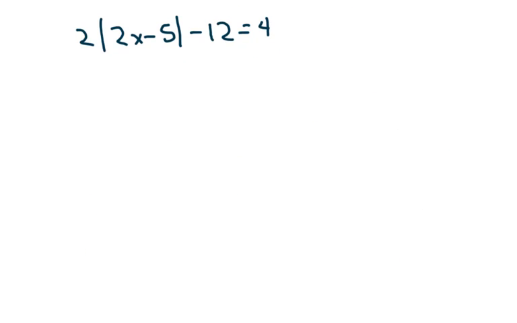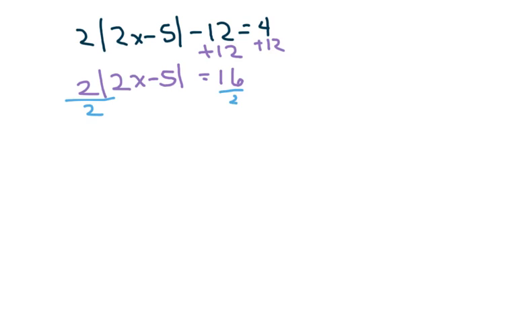Okay. Here's another one. I'm going to first add 12 to both sides. It's like when you're solving, you do PEMDAS backwards. First you add and subtract, and then you see if you can multiply or divide. And when you add 12 to both sides, we're going to get 2 times absolute value of 2x minus 5 equals 16. Then I'm going to divide both sides by 2, and I get the absolute value of 2x minus 5